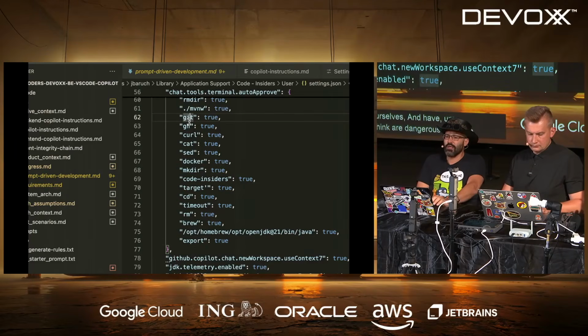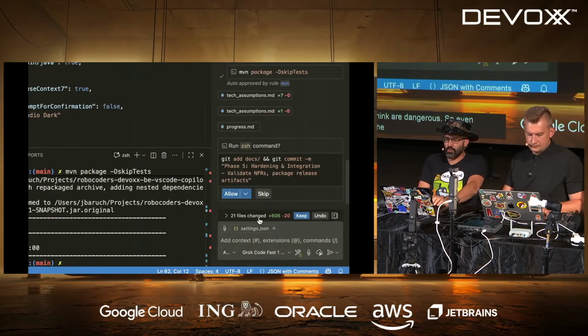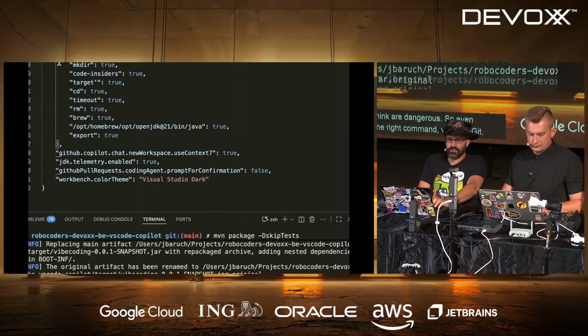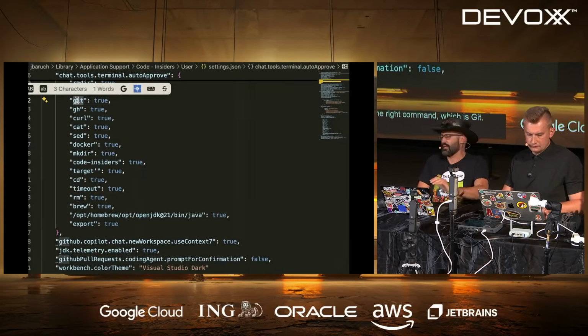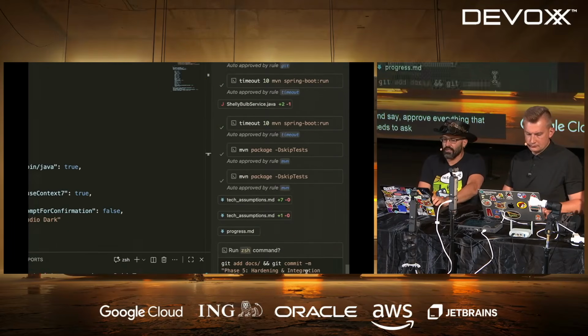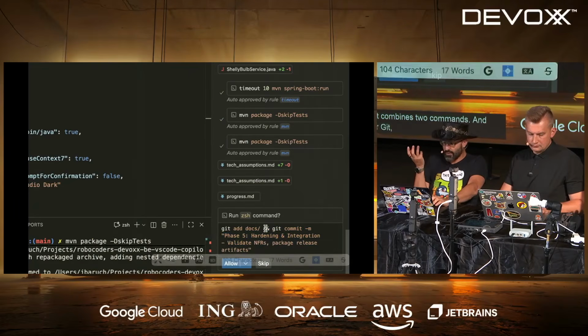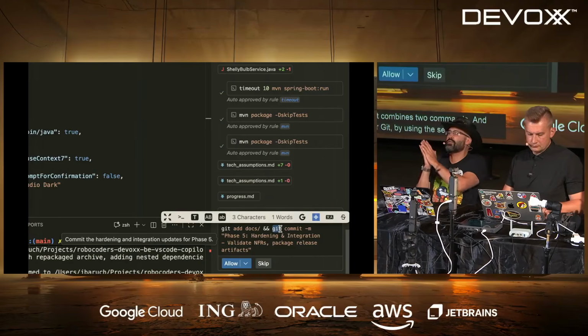So even though I specifically provided the right command, which is git, I have git here somewhere right here, and said approve everything that starts with git, the tool decided that it needs to ask me again if I specifically want to allow this, because it combines two commands. And maybe while I approved everything after git, by using the second command, the tool is trying to do something malicious.